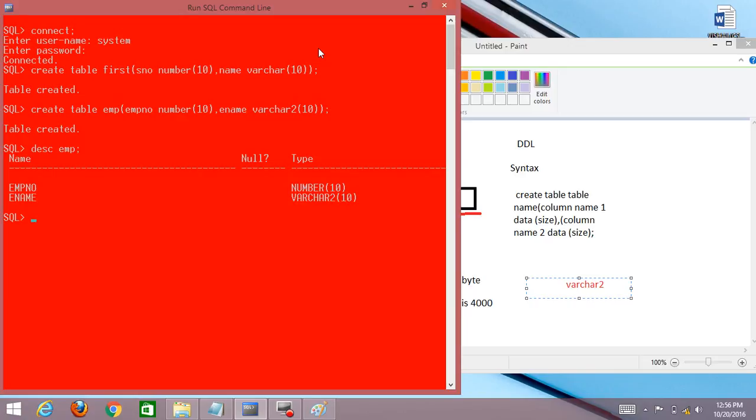If you are not sure whether the table is created, how to view?